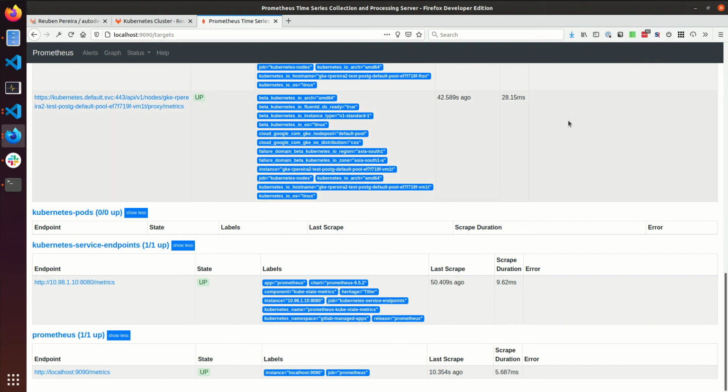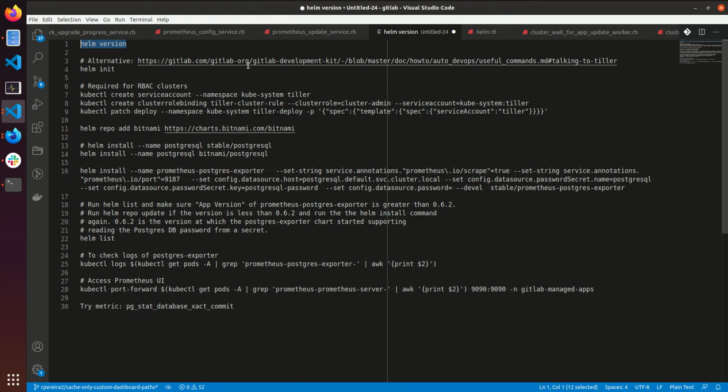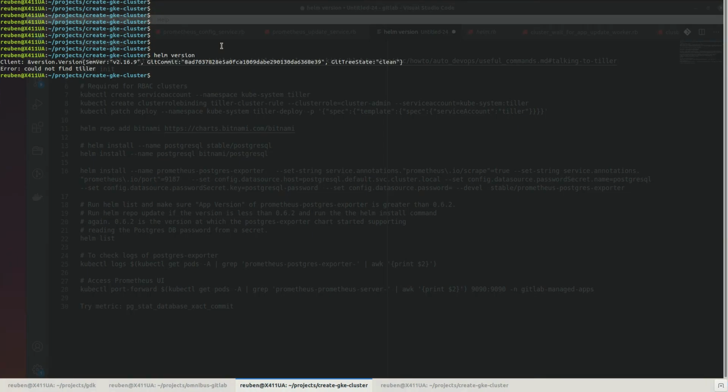Now let's install the Postgres and Postgres exporter Helm charts. I'm using Helm version 2.16.9. If you're using Helm version greater than 3, the commands will have to be slightly modified.